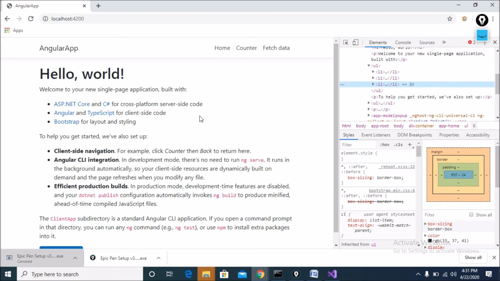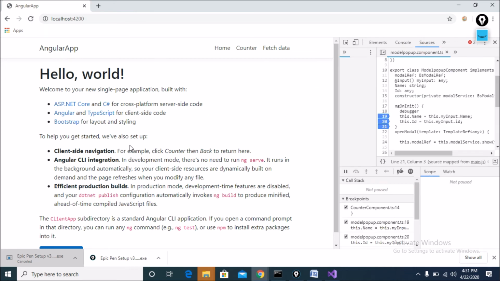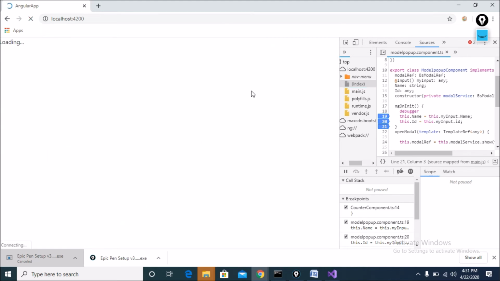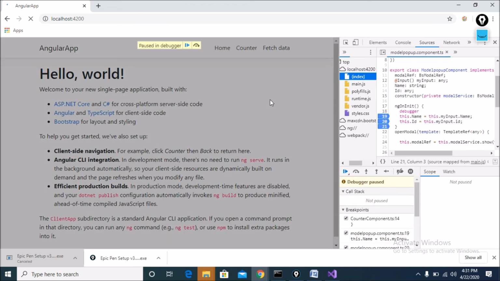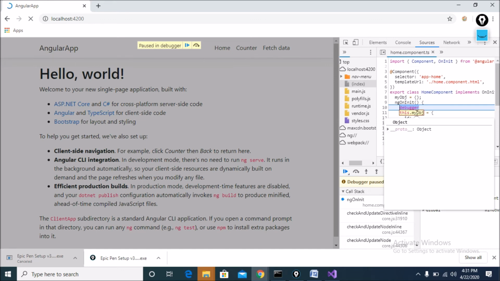Just I am debugging, just checking how the data flows, and refresh this page, and you can see here this home component, and on page load in ngOnInit the home component sets the value of my object.